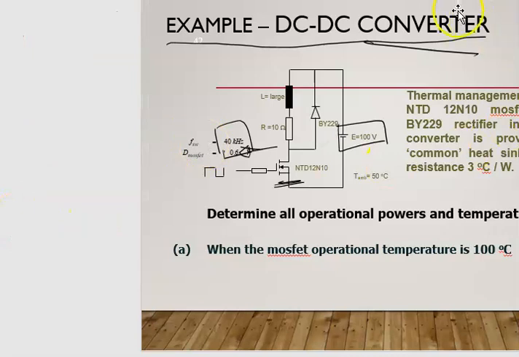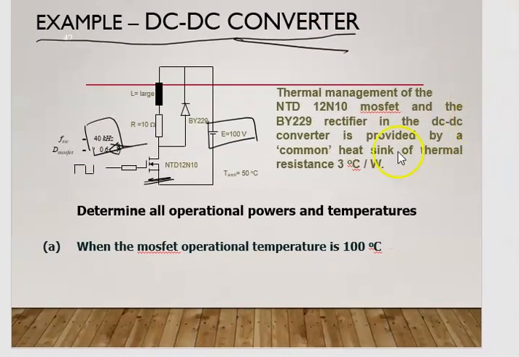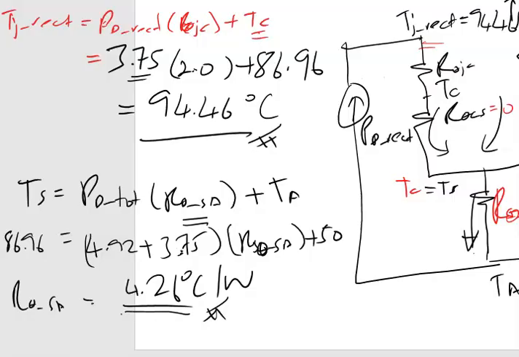So the question is about thermal management to determine operational power, when the provided heatsink is 3 degrees C per watt. Does it suffice to maintain the MOSFET and your rectifier in operation, comparing the required heatsink with the provided heatsink of 3 degrees C per watt? So you compare these two. Which one is better? And for sure 3 degrees